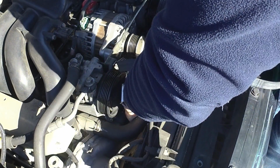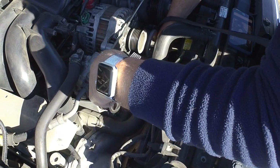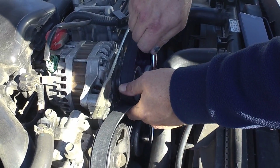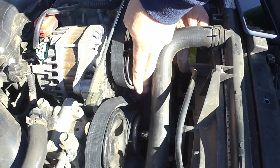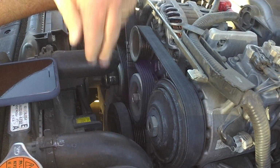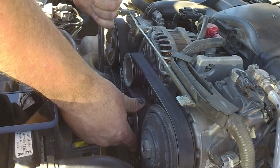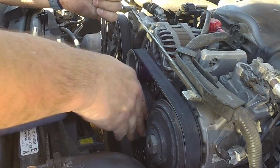The crank pulley. I'll try and give myself a little extra slack here and see if I can get this belt over this pulley. Alright. Finally slipped that on. The new belt is tight. I think it will stretch out a little bit over time, but I gotta kind of work that on there